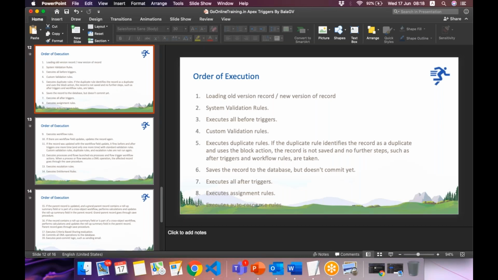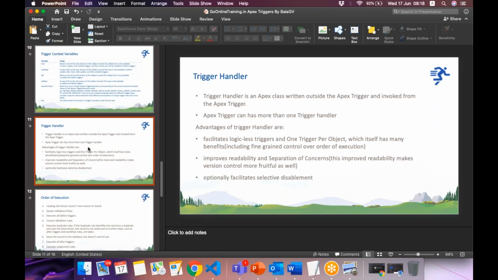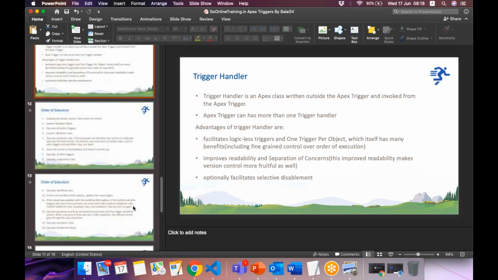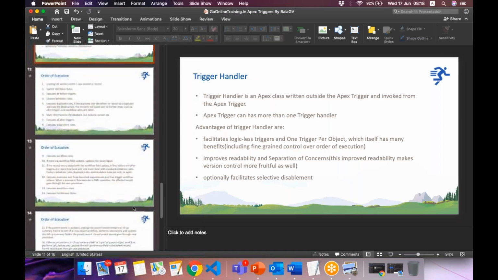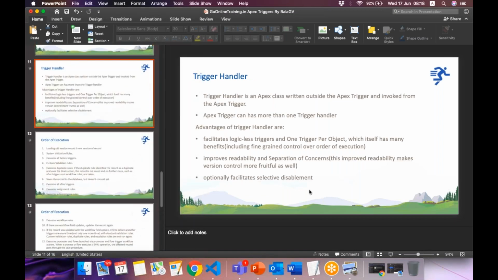Okay. In the session you missed, right? In that session we discussed trigger handler, which is also very important. Please refer to the video. And sure, if you have any questions, you can ask me. Tomorrow we'll discuss more scenarios. So theory is done. Tomorrow we'll discuss some use cases and scenarios.